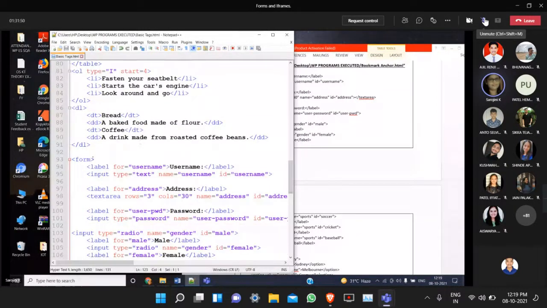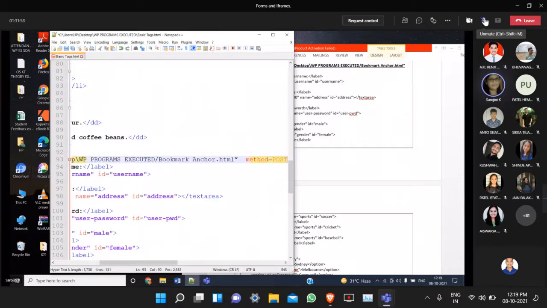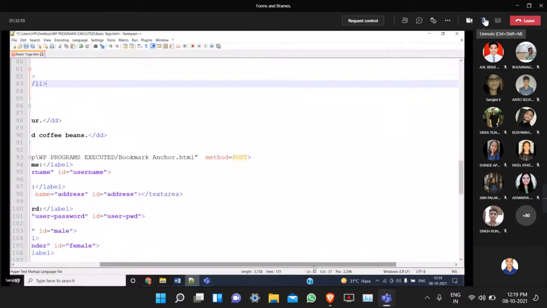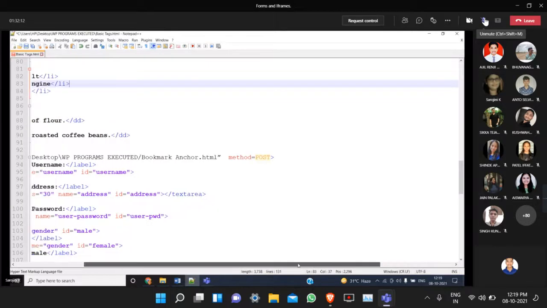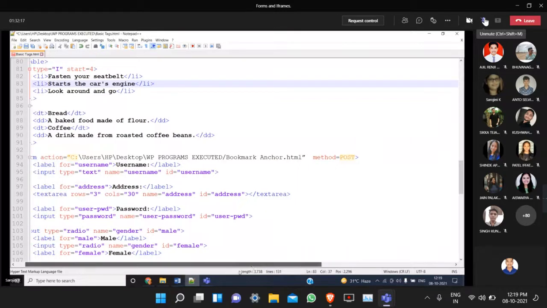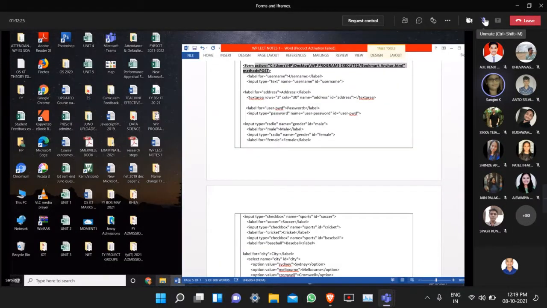Within the form tag, I have to add two attributes. I just save.